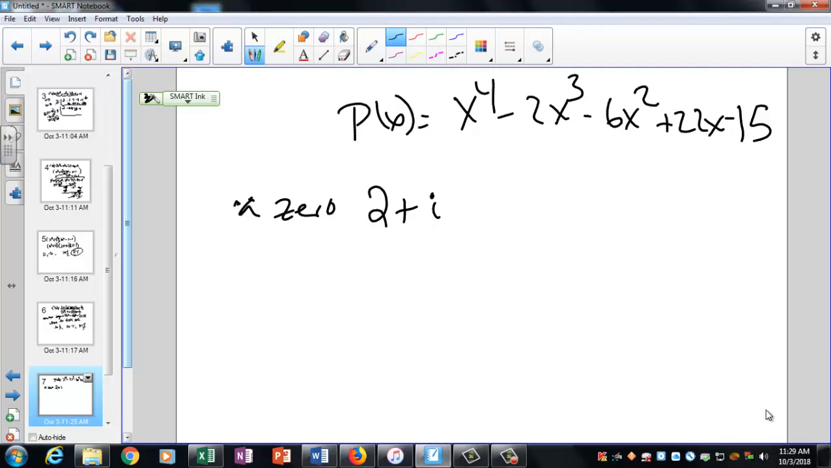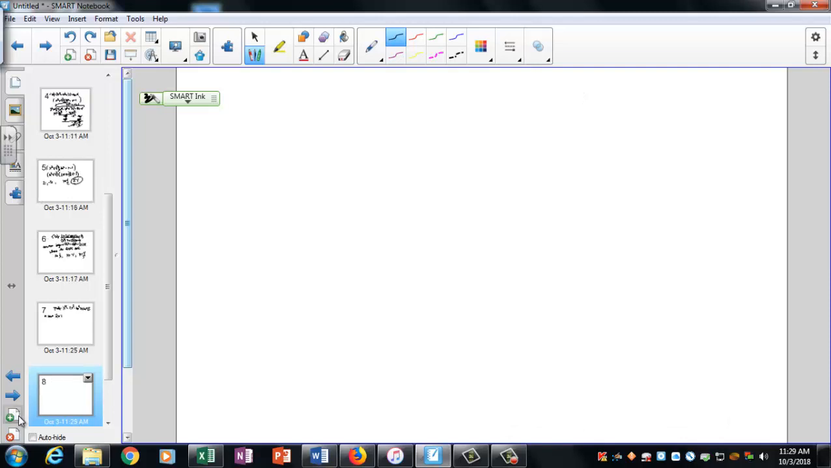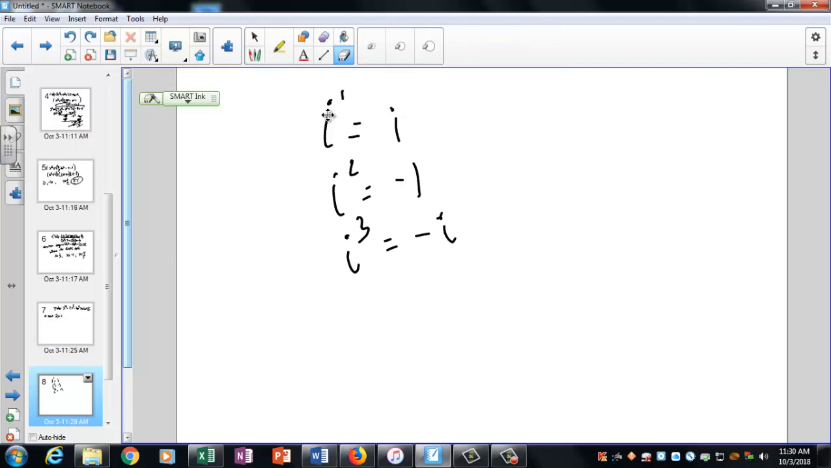All right. As a different side note, there's a question that just came up, which was, what are the powers of i? i to the 1st is i. i to the 2nd is negative 1. i to the 3rd is negative i. And i to the 4th is